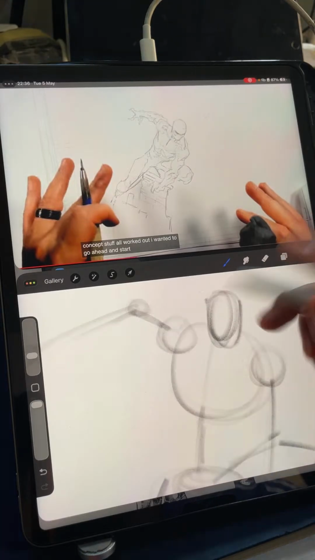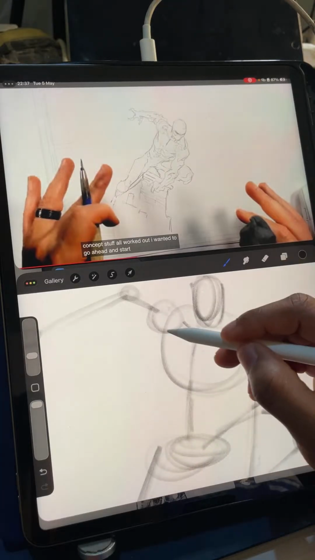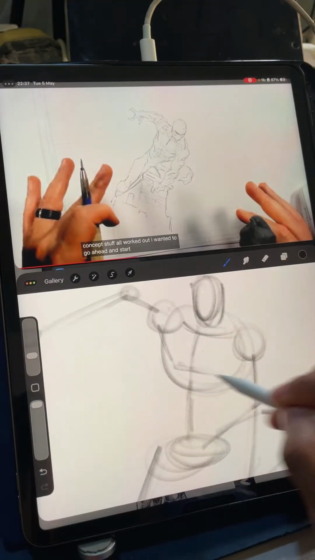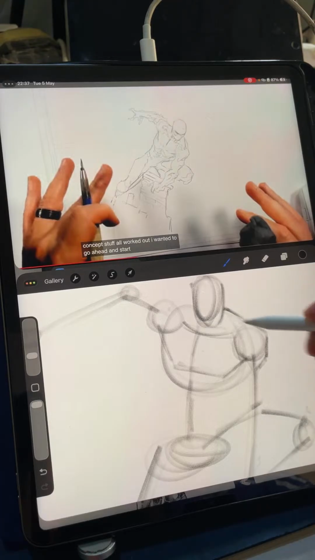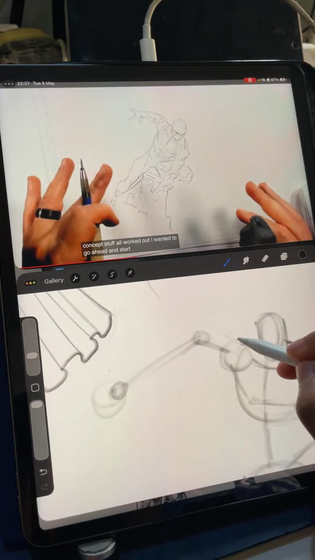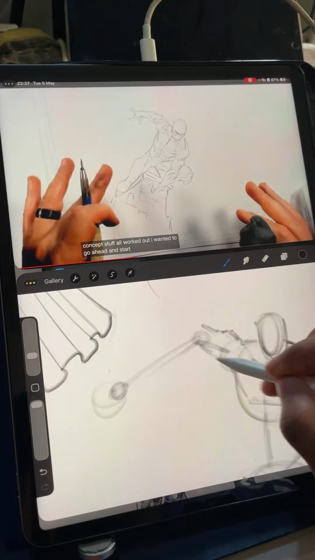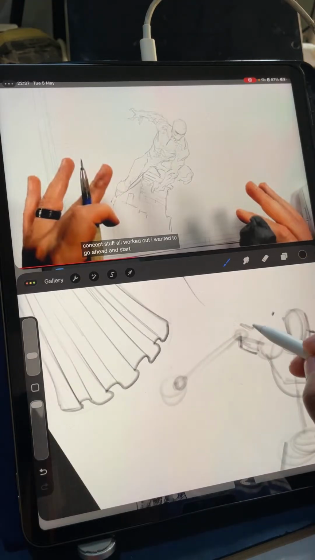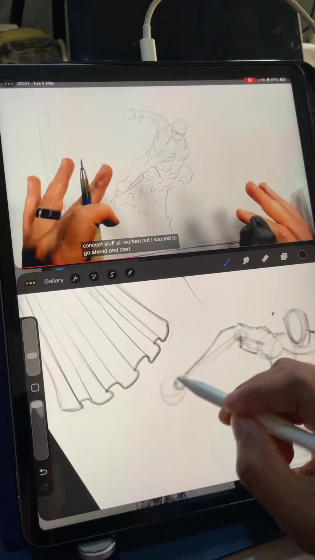All right, so I'm just going to put the basic shapes. I'm going to add some detail over here. I'm going to put some muscles, his arm, then his shoulders, then his arm, triceps and biceps, and then